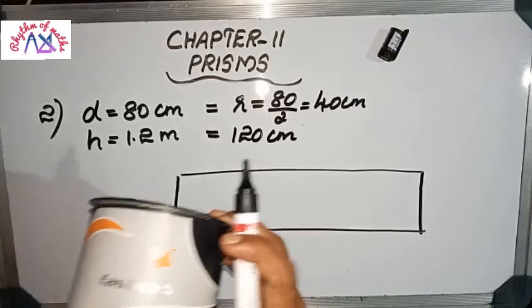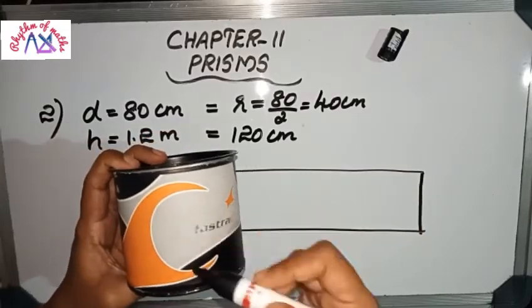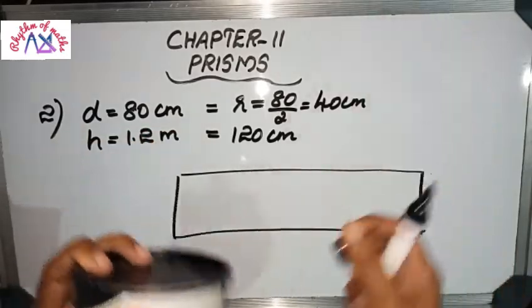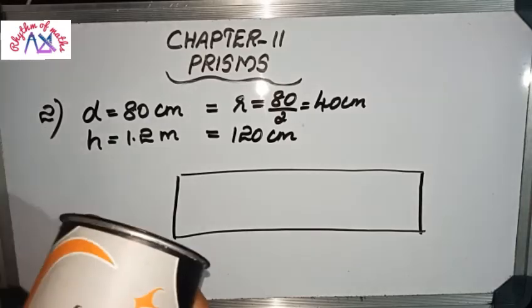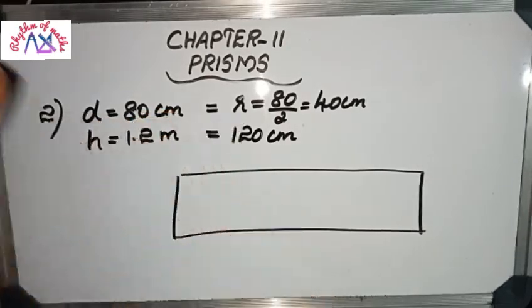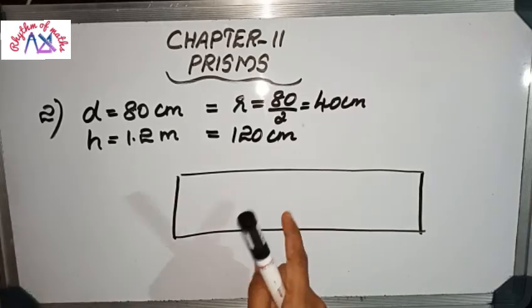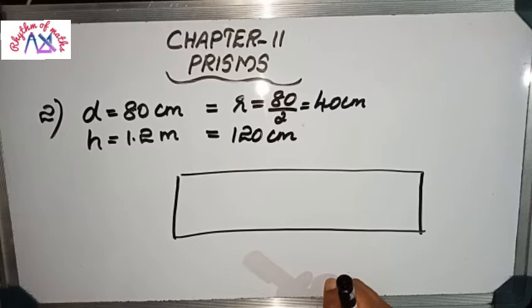That means when we open this space, we can see that it is a curved surface area portion. That means the leveled surface is the same as the curved surface area of this particular road roller. Rolling only once means the full curved surface area will be covered. So the question is to find the curved surface area. Indirect question. So let's do the curved surface area.